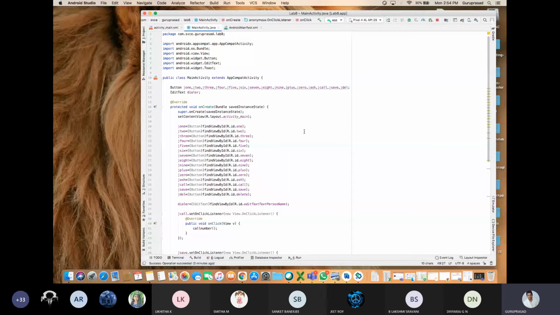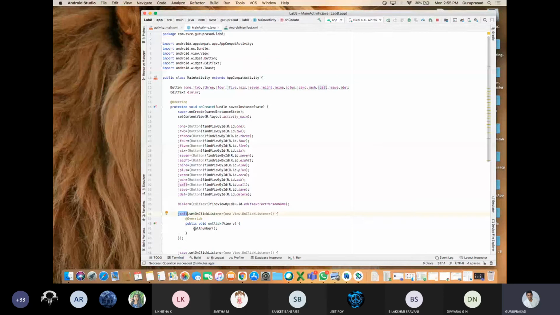Upon clicking the settings button, it is going to the settings page. Yes, this is the function they are writing. Status button, on click listener, new view on click listener. So you are sending the page from main activity to status page. That's all. Are you getting my point?